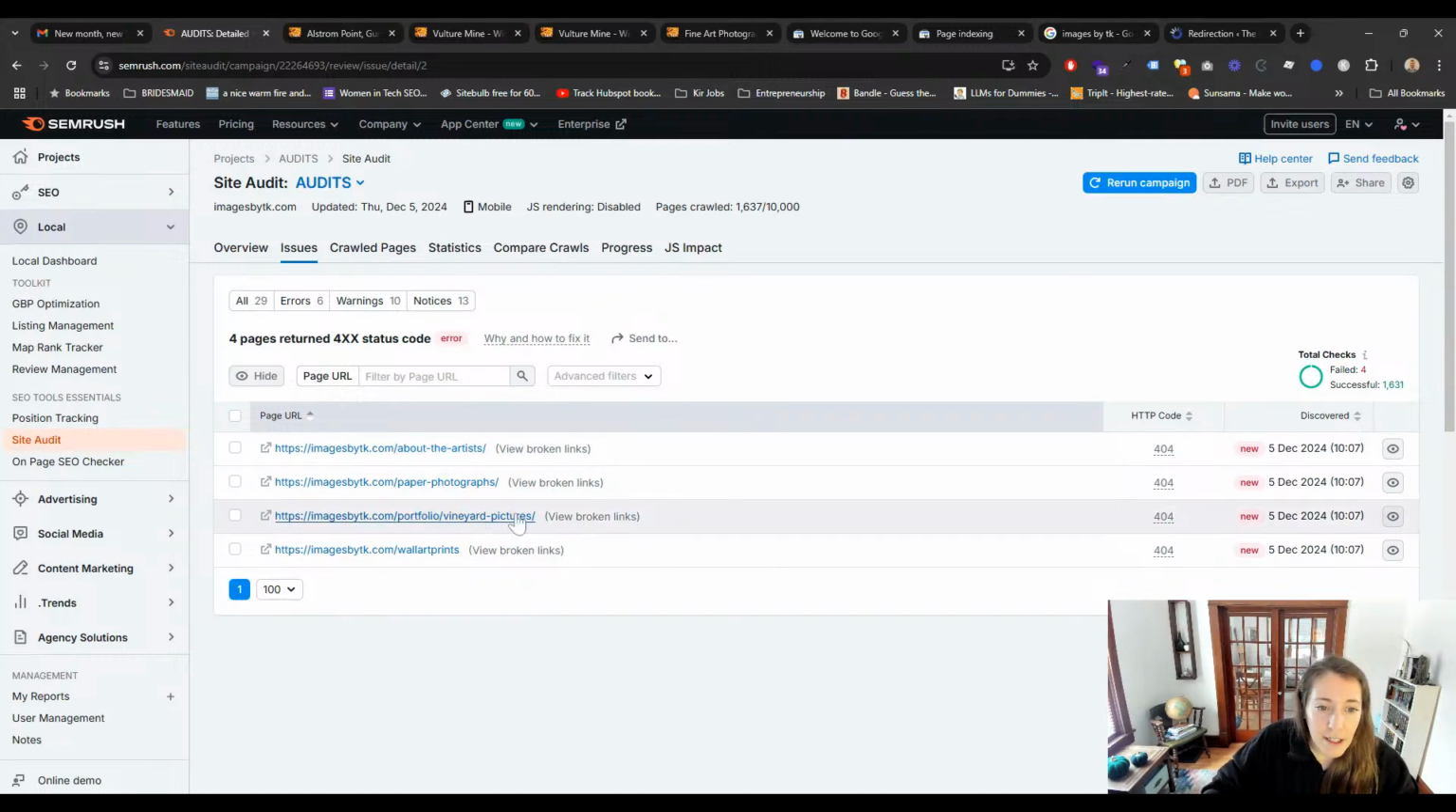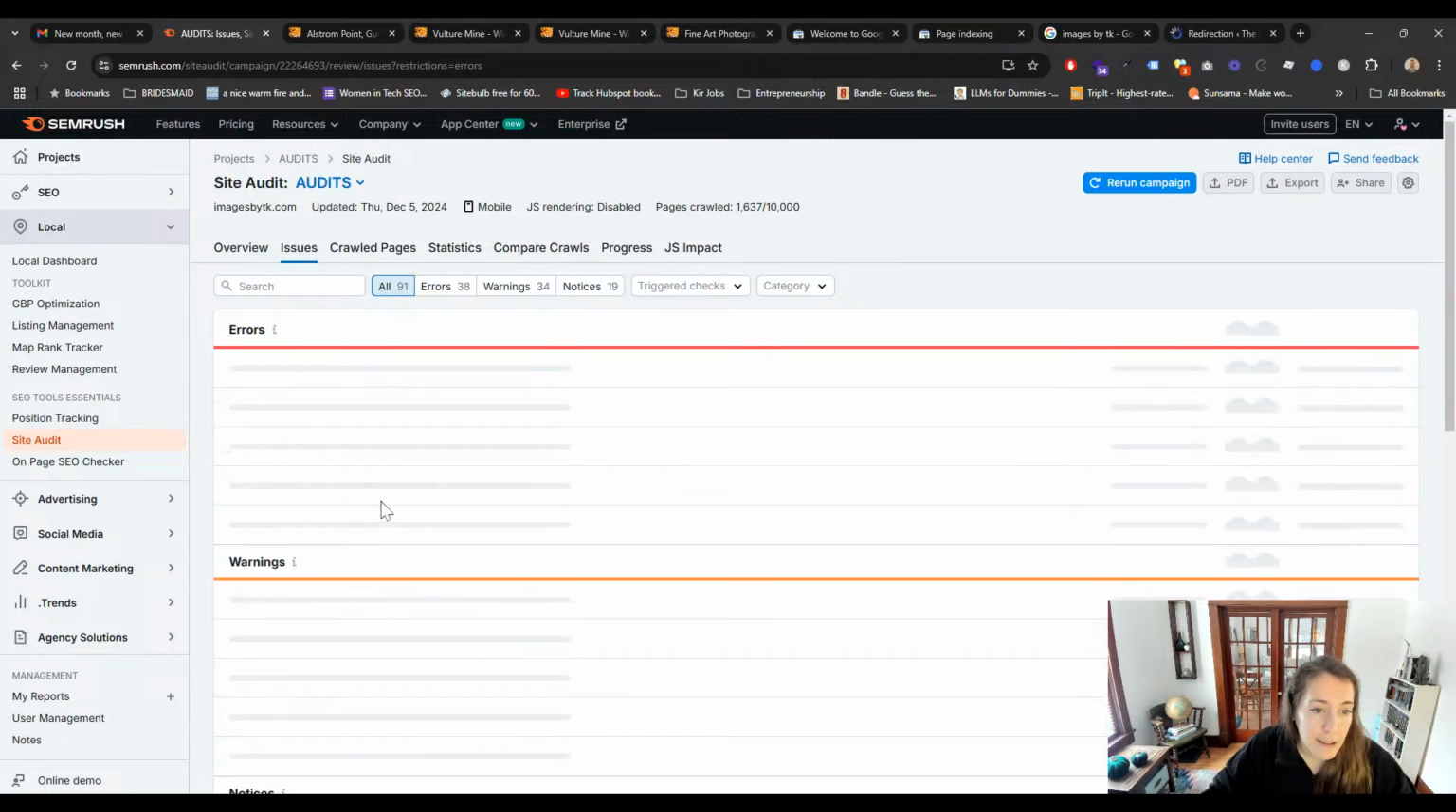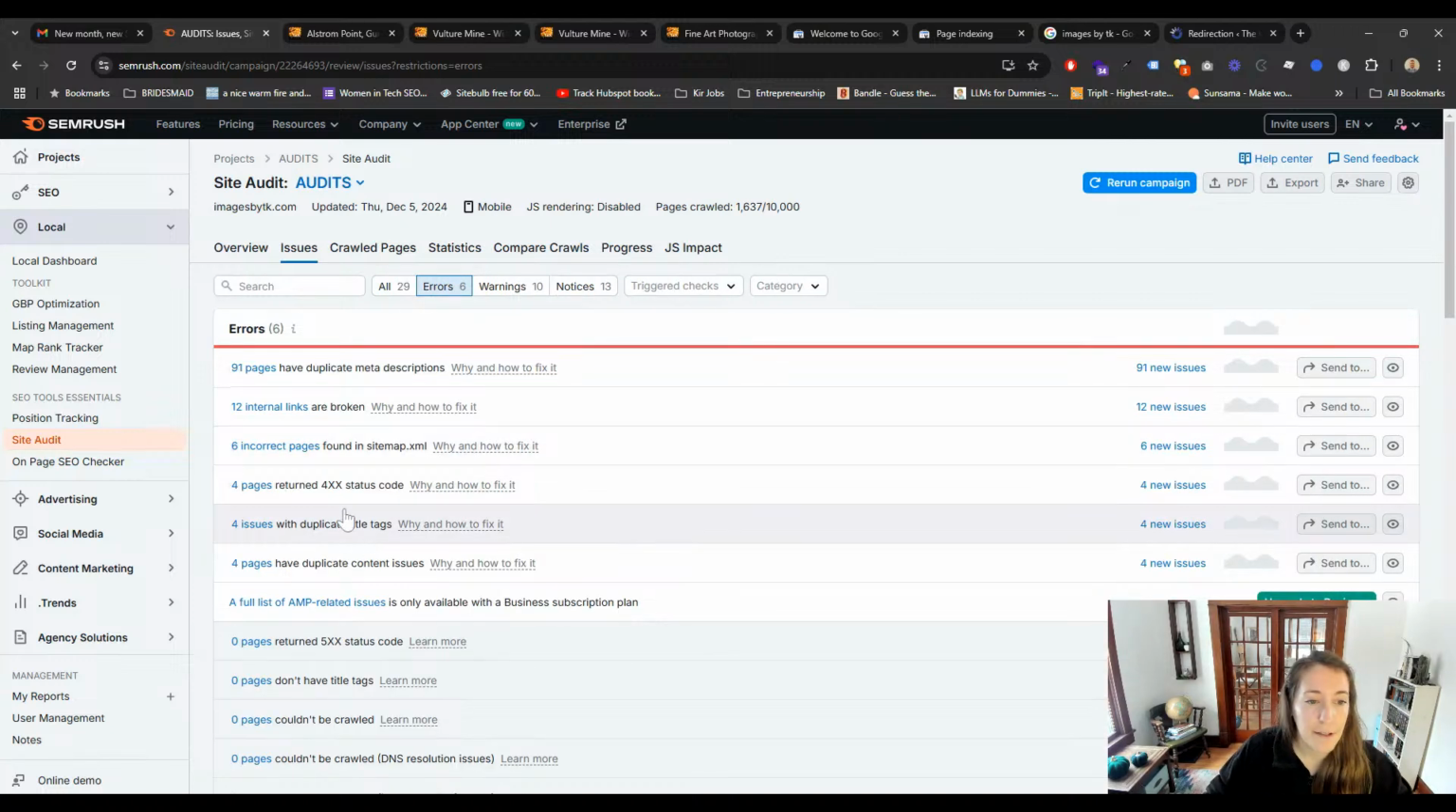But for these, like the about the artist, you would want to redirect to the new about page, and same for all these other ones. Hopefully that makes sense. And then, okay, so similar to the duplicate meta descriptions, for issues with duplicate title tags,